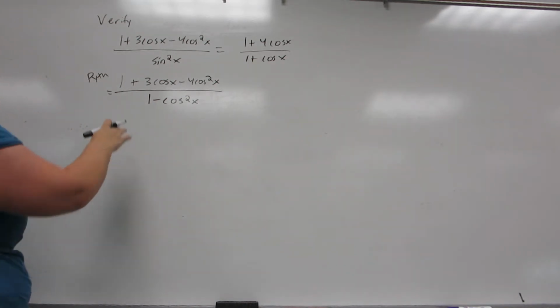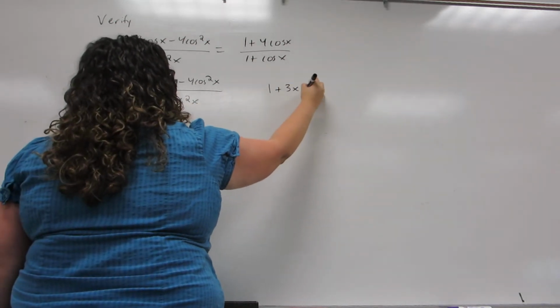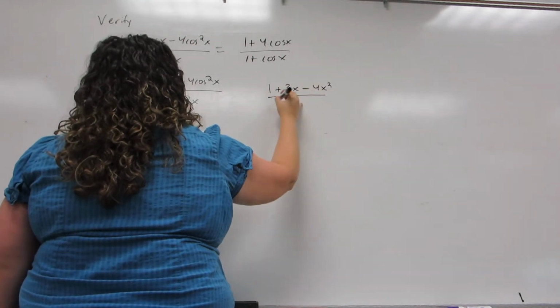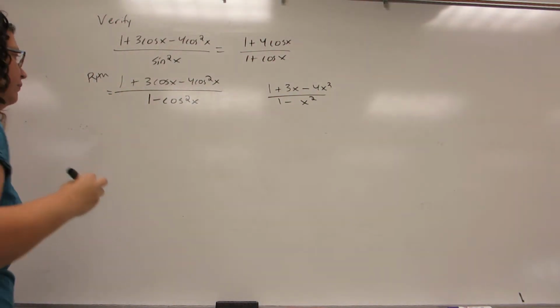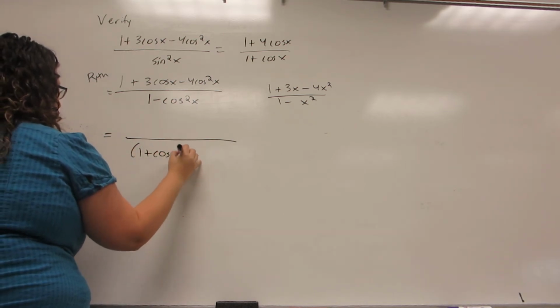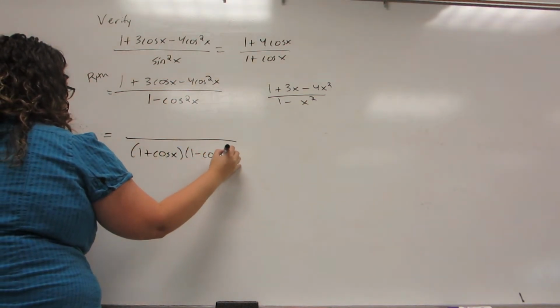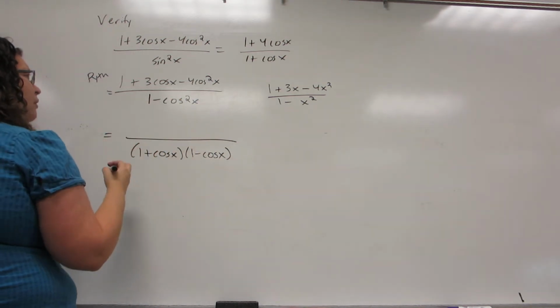Sometimes it's a little hard to factor when they look like this. So ignoring the cosines, this is what we're trying to factor. Okay, so the bottom is a difference of squares. That's what the Pythagorean theorem identity pieces always turn into. And the top